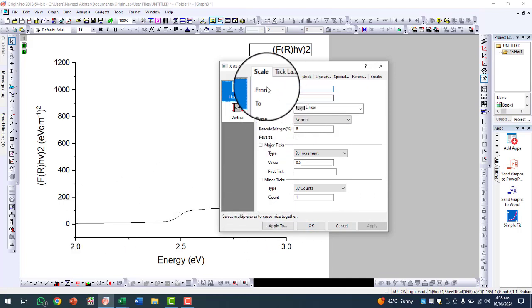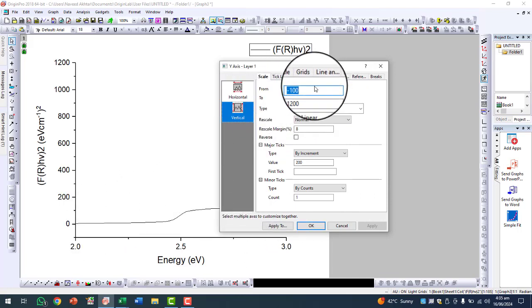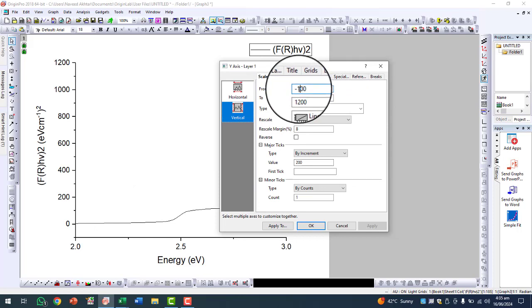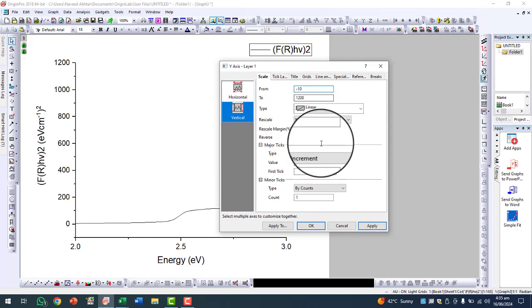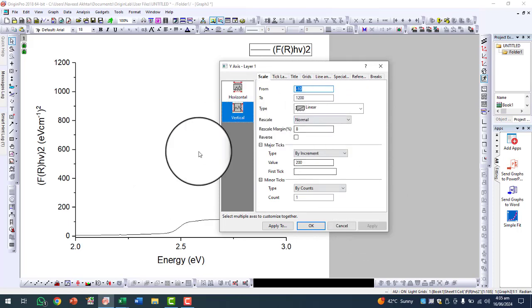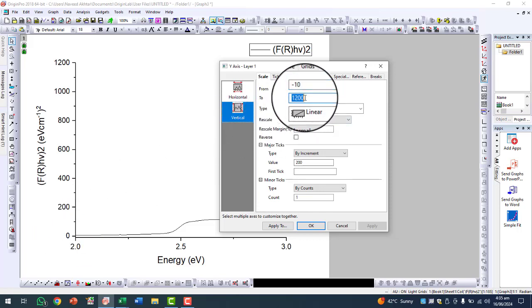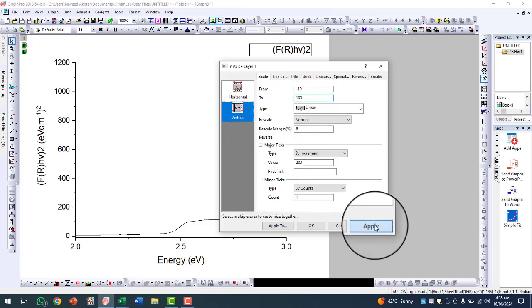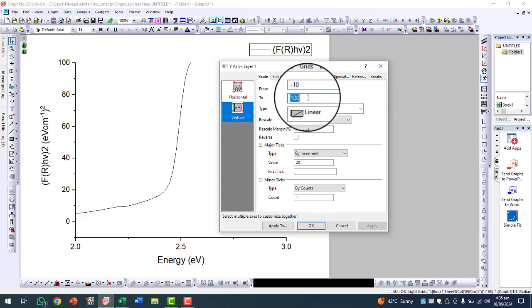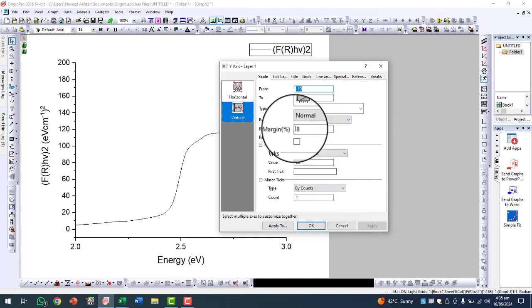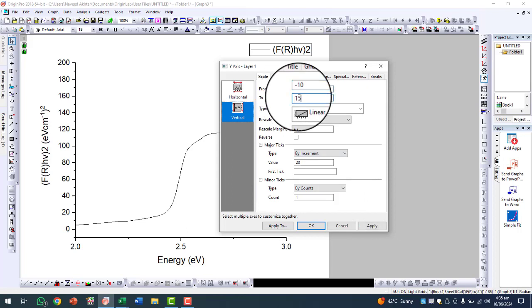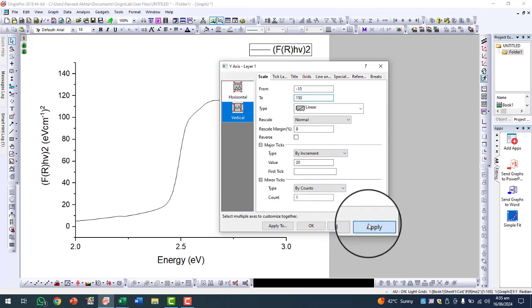Now I will have to select the vertical scale also. So I will set it as 200. So it is more, so I will select the median number, which is 150.